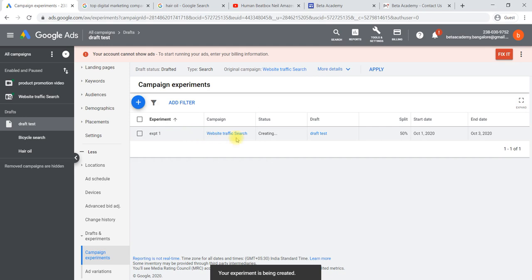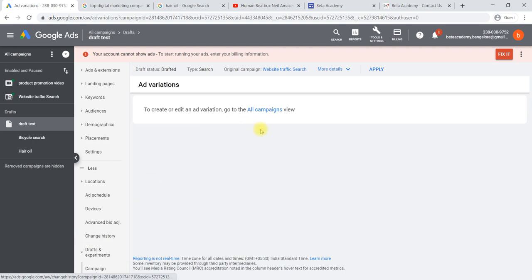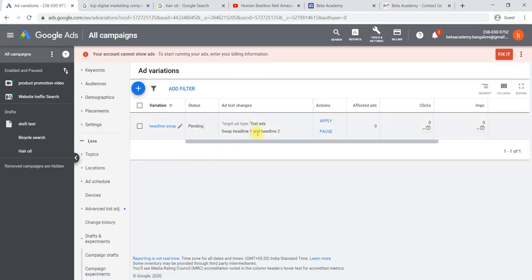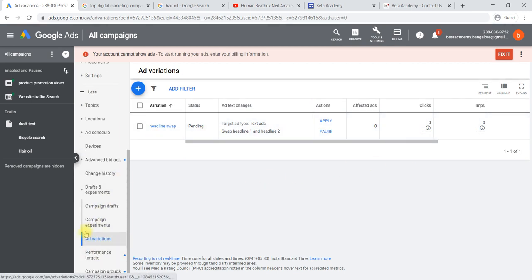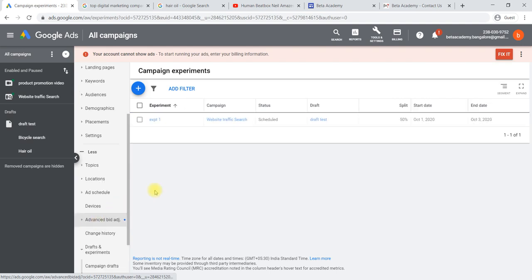So one more experiment has been created. In the sense, the draft, this entire campaign, will run for 50% of the time, and the original campaign will run 50% of the time, and you will come to know what type of variation we can check in the ads, in the all campaign view, what type of clicks we are getting for the ad. These campaign drafts and campaign experiments will help.